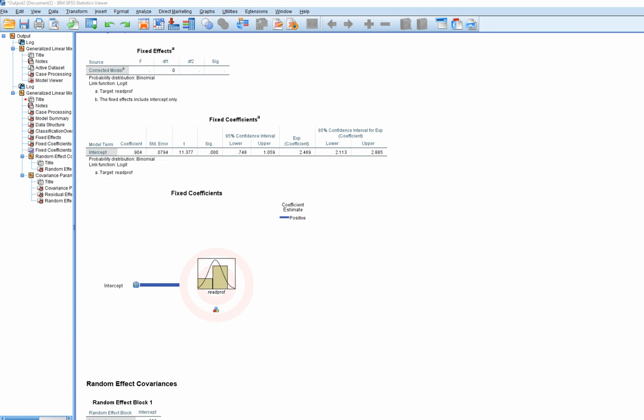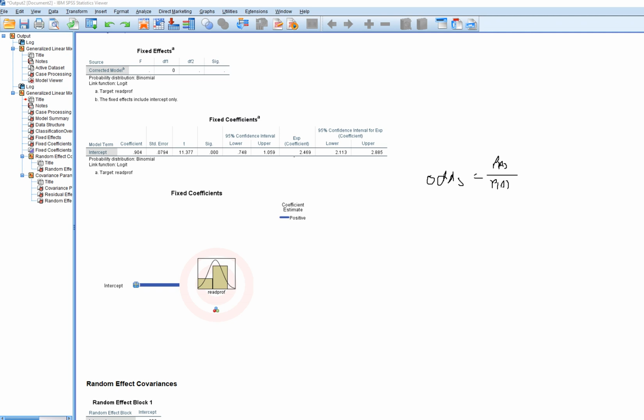So when you're talking about log odds, it's not exactly intuitive. Oftentimes we can refer to the concept of odds to make a little bit more sense out of things. And basically an odds is just a ratio of probabilities. So we could say the probability of being in group A over the probability of being in group B. If group A is our target group and group B is our reference category, then the odds is reflecting